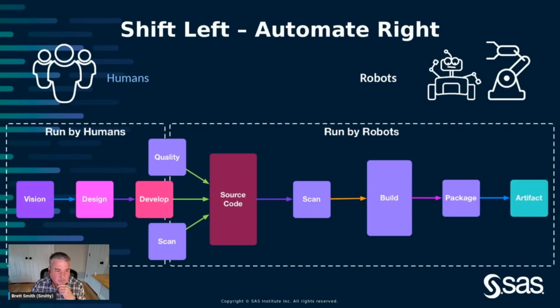Clicked too far. So as we shift left, we get the problems earlier in the SDLC lifecycle. Scanning and code quality are remediated in the IDE. Code merge is blocked until the quality and security standards are met. Keeps your devs in the IDEs. They're not off in the web browser, back in the IDE.